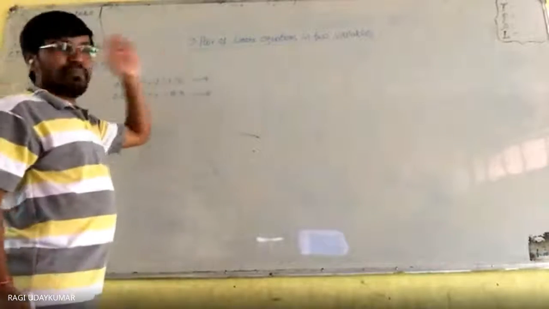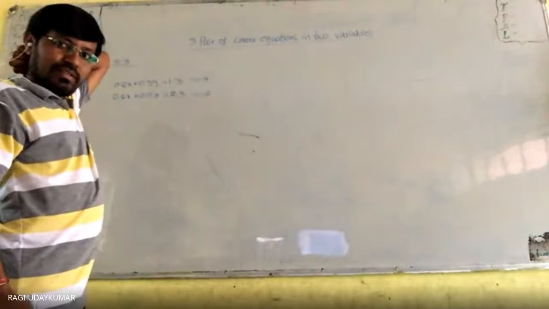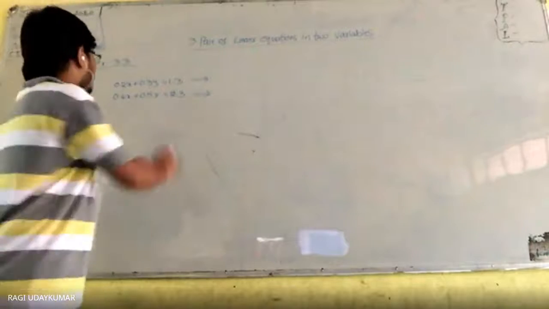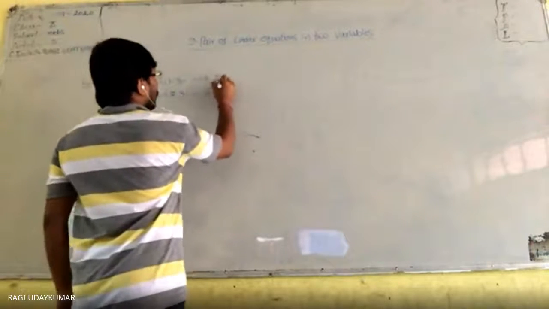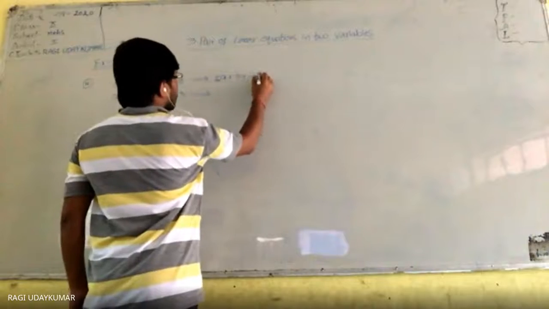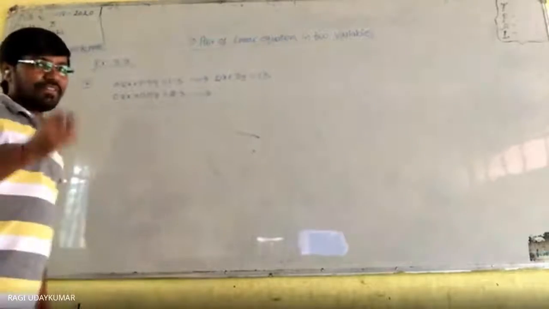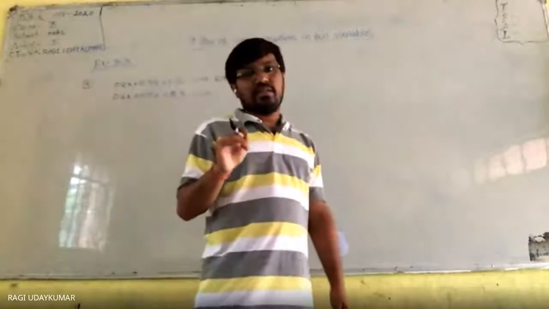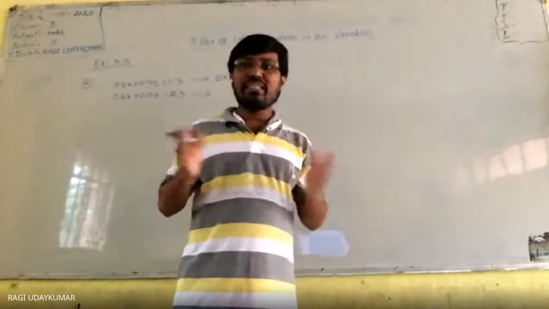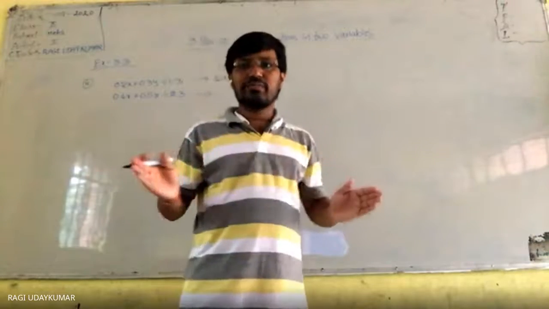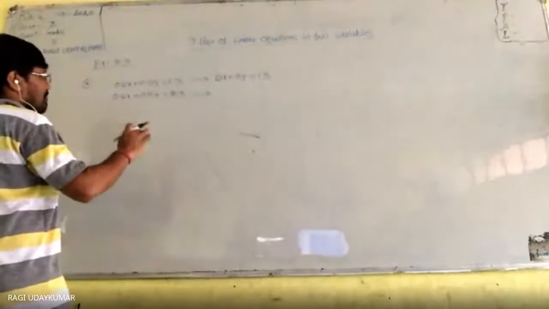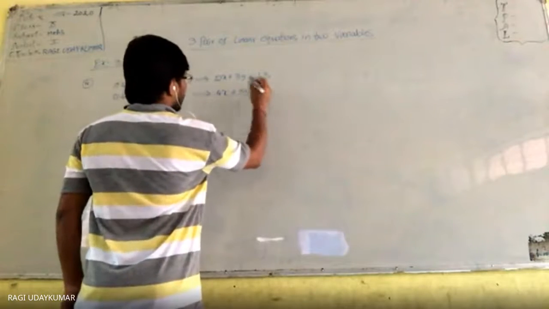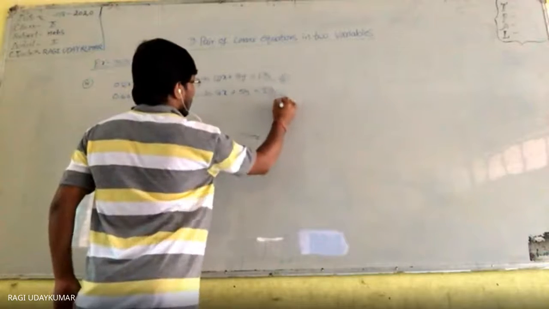If you multiply the complete equation by 10, complete equation means left hand side and right hand side both, it reforms into 2x plus 3y is equal to 13. Every coefficient has only one digit after the decimal point, so automatically all the decimal points can be deleted. Now you get 4x plus 5y is equal to 23. This is the first equation, this is the second equation.